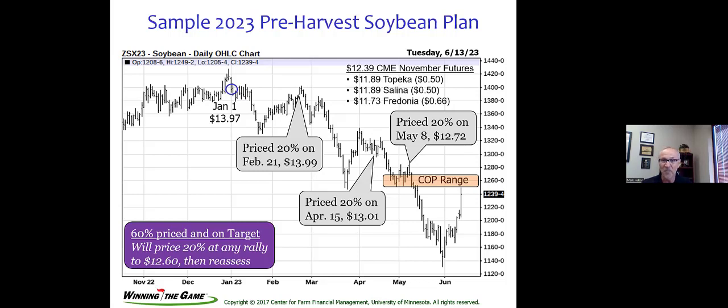So tomorrow we should have one done. Unfortunately, prices are below our cost of production. And so the recommendation is this: we don't price anything unless we can see prices bounce back up to say that 1260 range. At that point, we price 20% and we'll reassess, see if we can finish up any markets or any more